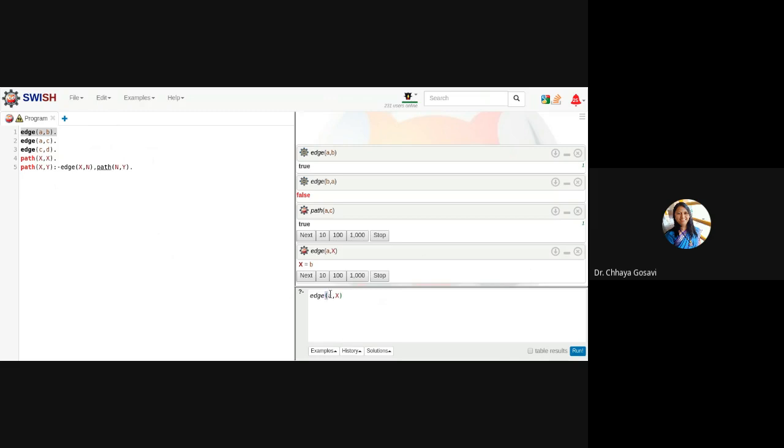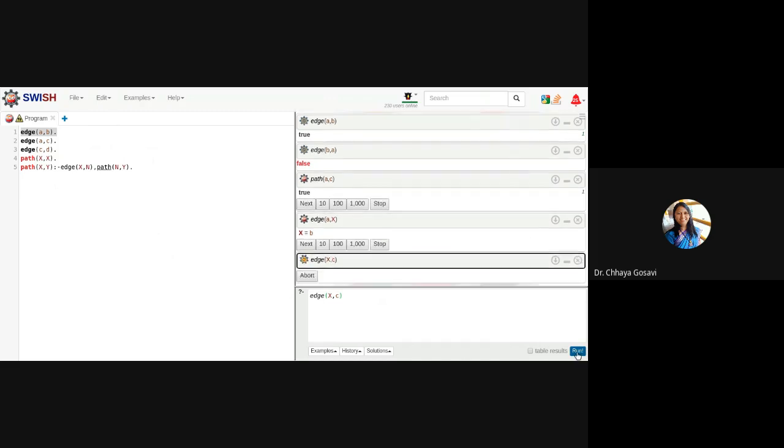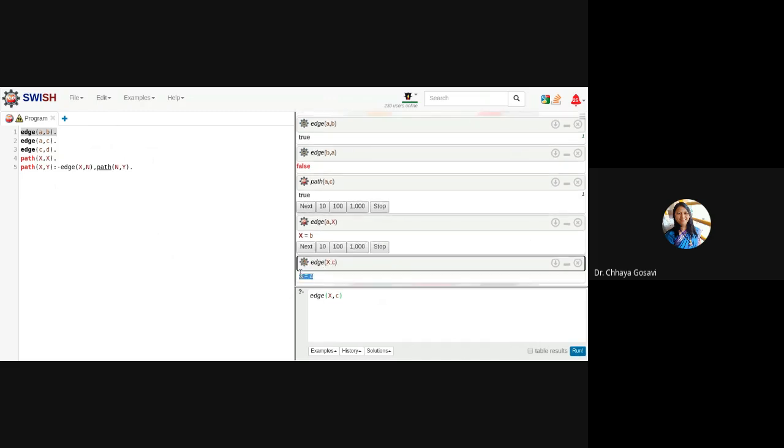Then I have to check from where I can reach C. Is there something from which the destination is C? So yes, it is showing X is A. So how is it working? It is just doing pattern matching. It will take this query as an input and try to map it with these rules.